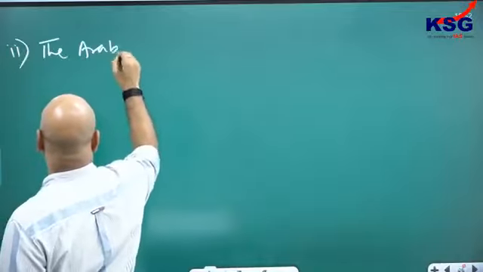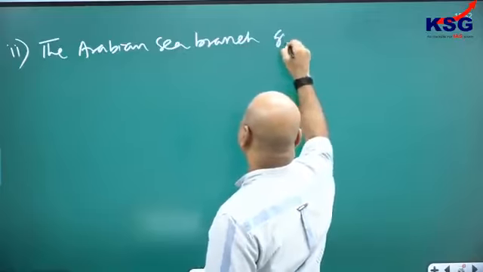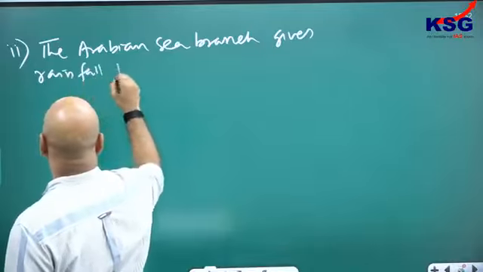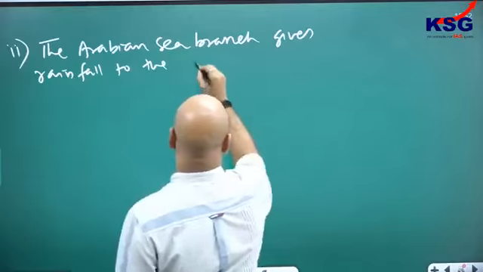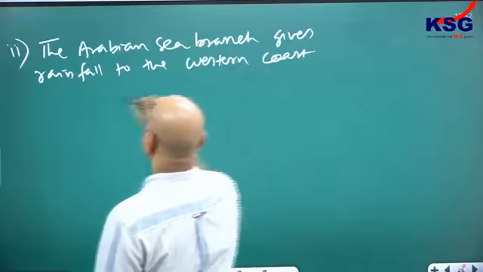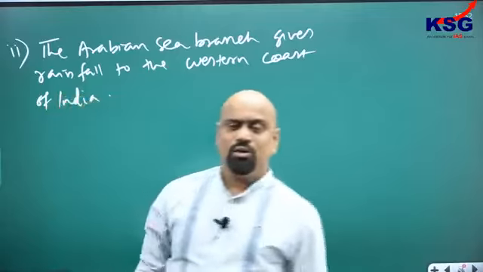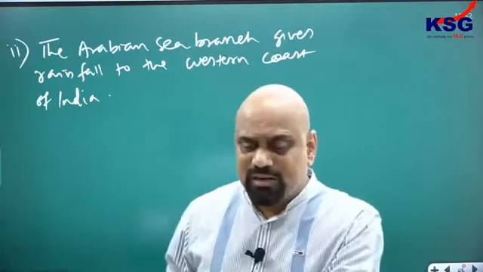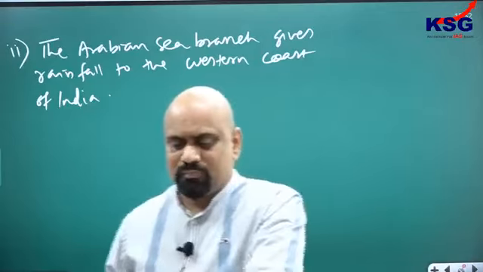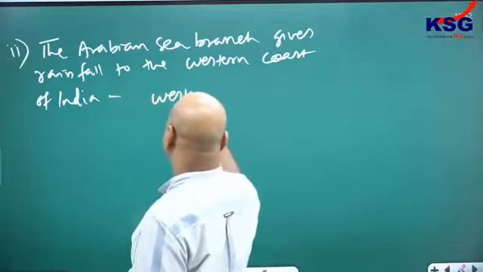The Arabian Sea branch gives rainfall to the western coast of India. Western part of India receives rainfall because of this. So it gives rainfall to Western Ghat,